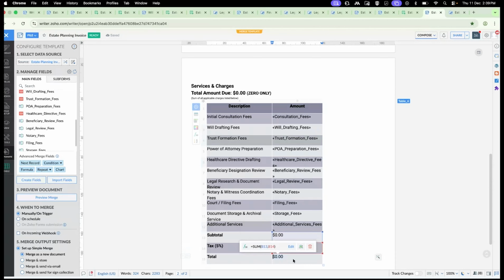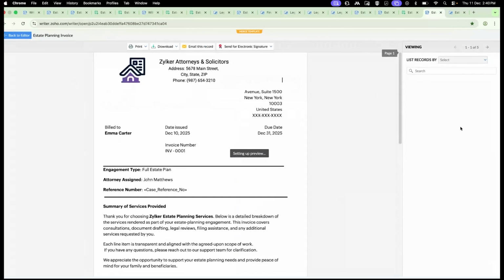Now I have the detail here. I have used table reference, referencing the final value to showcase here, which is the total amount due. Now you can see the preview merge option. So once you click the preview merge,